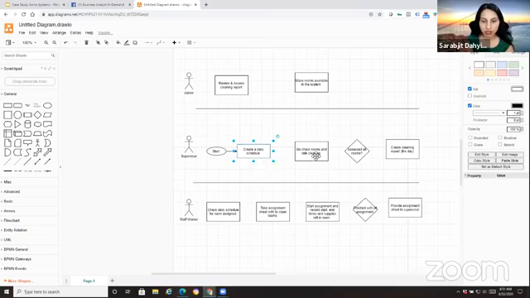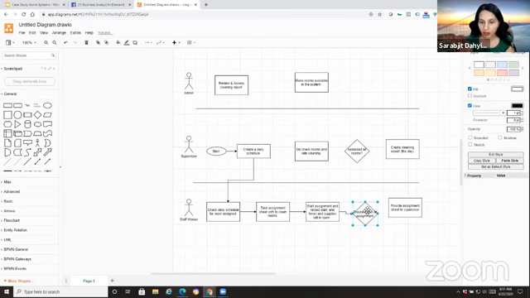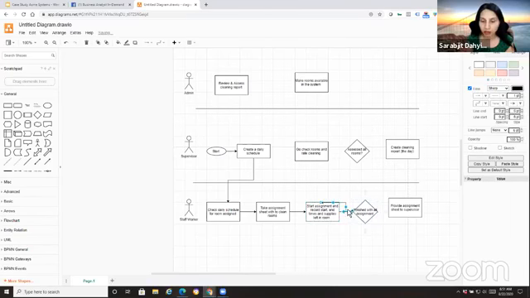Okay. So we start with the supervisor. Supervisor creates the daily schedule. The staff come in and they check their schedule. They then take the assignments and start to clean the rooms. They record time. We want to see if they're done with their assignments. If they're not, that loops back in here. Let me make this a little bit bigger.